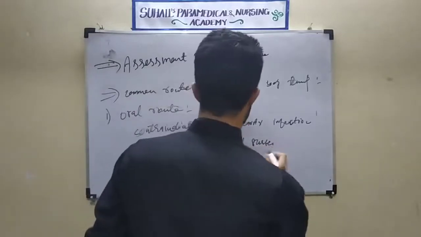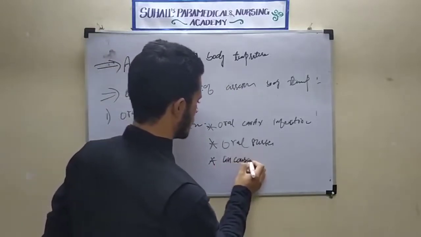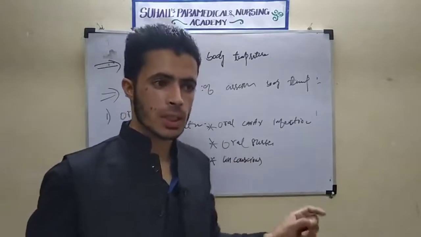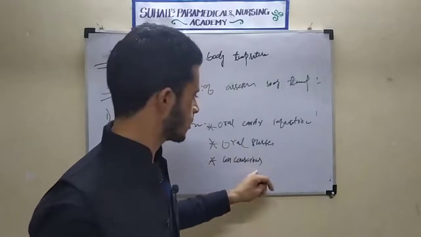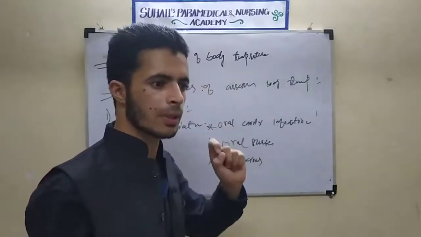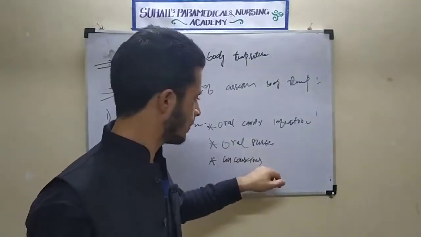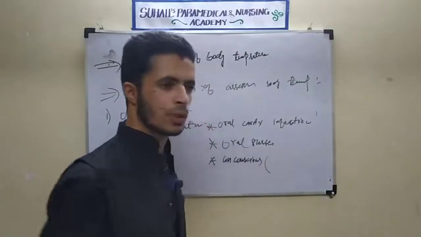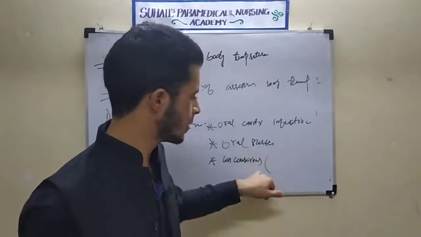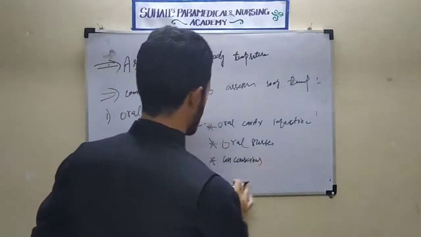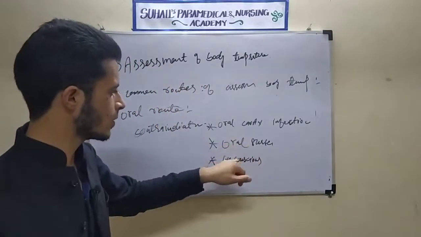Everyone knows this. If the patient is unconscious, don't use this, because if the patient suddenly becomes conscious, there is a chance of stabbing. He can bite the thermometer with his teeth. He or she will think that it is food. So we should avoid it for unconscious patients. Any more things? Oral cavity infection, oral surgery, unconscious patient.